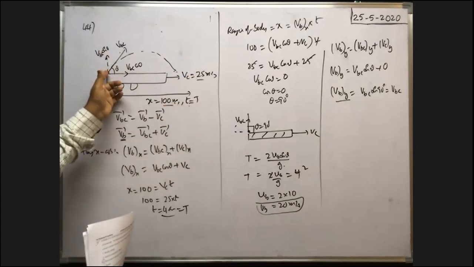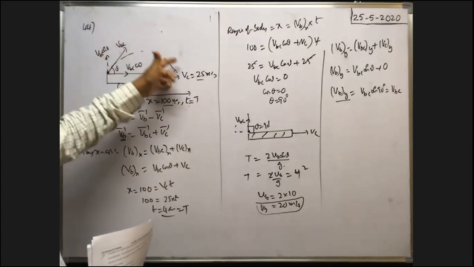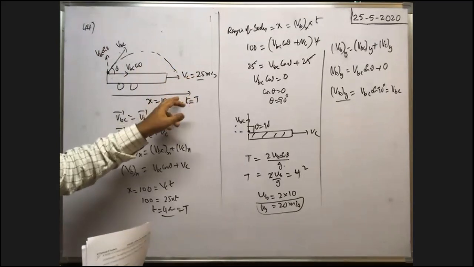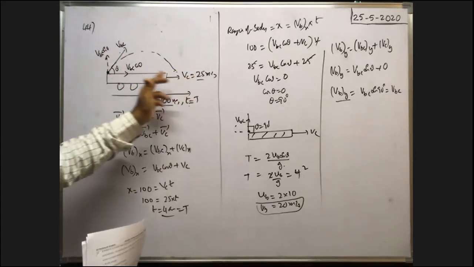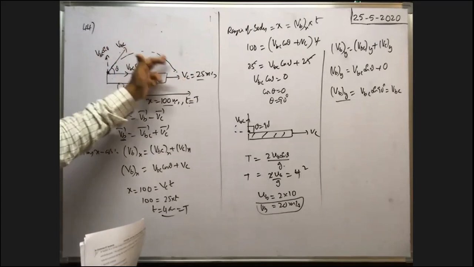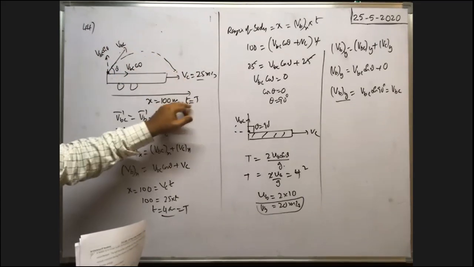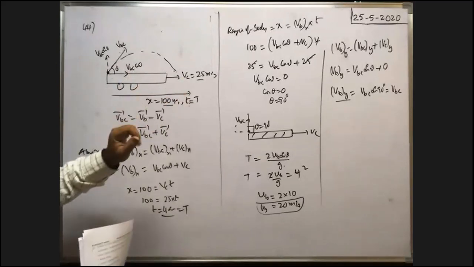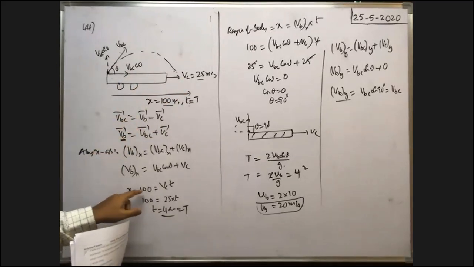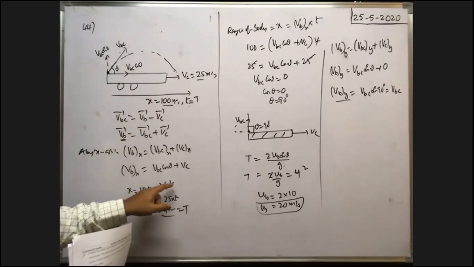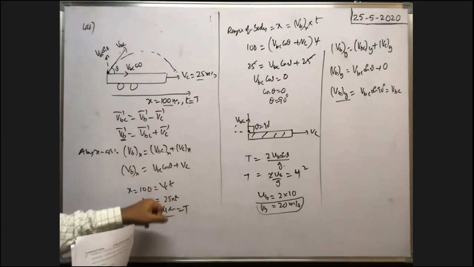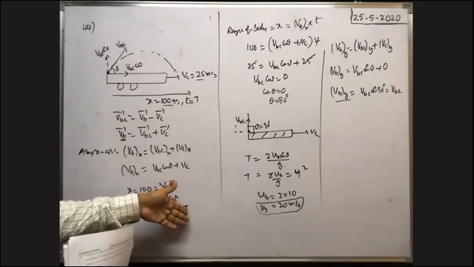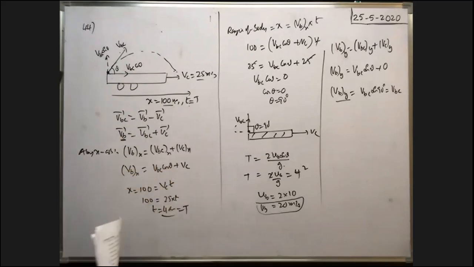That means when the body again falls into the car after traveling a distance of 100 meters, the time taken by the car to travel 100 meters and the time of flight for the body are both the same. Okay, here the distance traveled by the car in t seconds is 100 meters. Therefore, distance traveled x equals 100, which is the velocity of the car times time. Therefore, from this t is equal to 4. So the time of flight is also equal to 4 seconds.